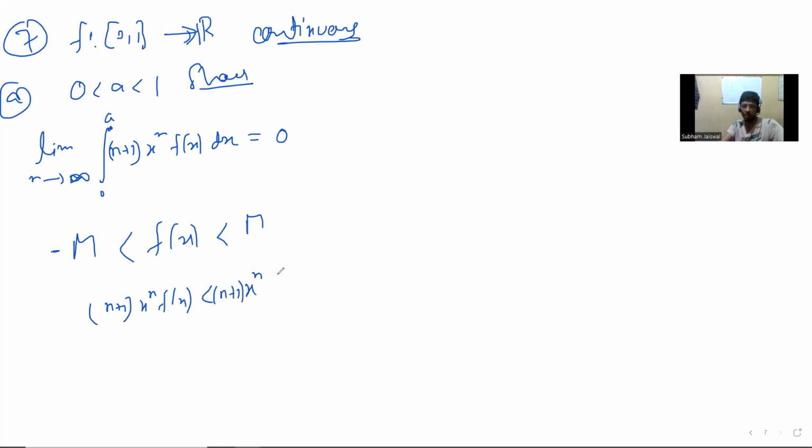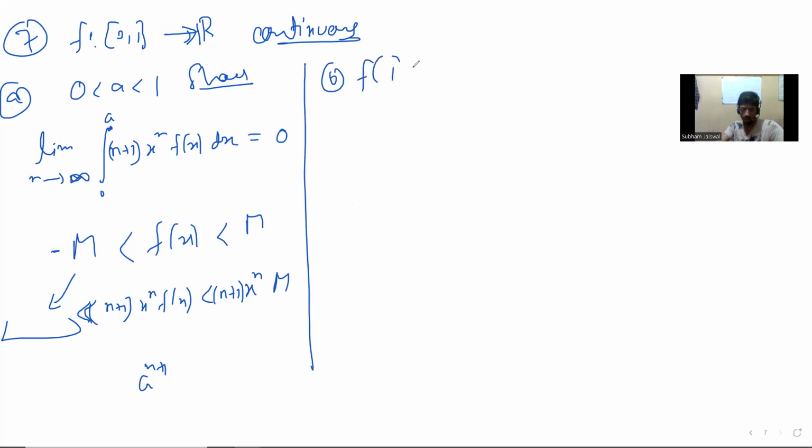Now this really works. So this side also you can work it out, but when you do the integration, you will need the fact that a is less than 1, because eventually I think you'll have something like this. And so a is less than 1 is needed to say that the limit is 0. I mean, on the two ends, and then sandwich, you can say. And really, the second part is: how do you extend this result to a equal to 1 when f of 1 is 0?